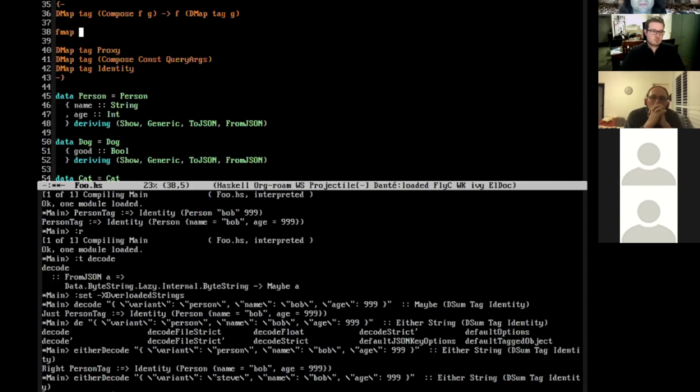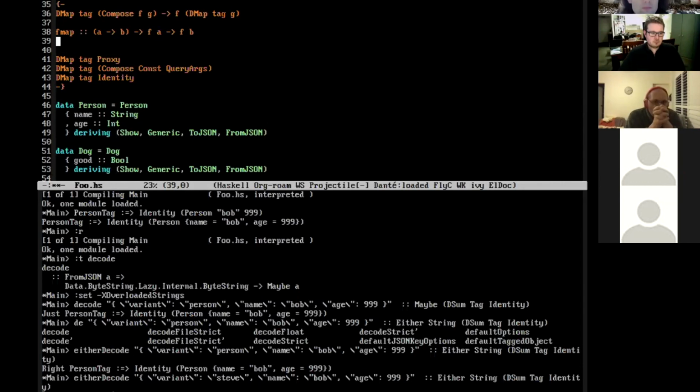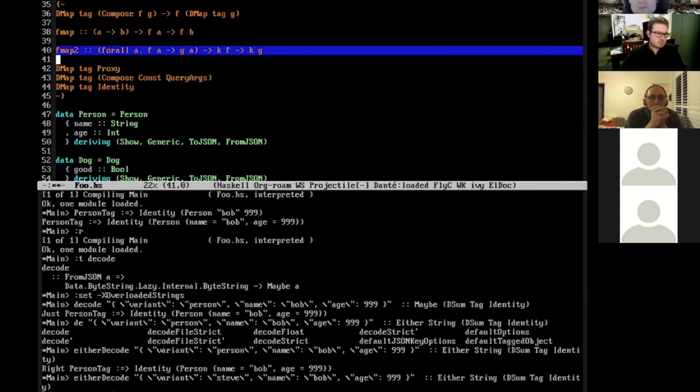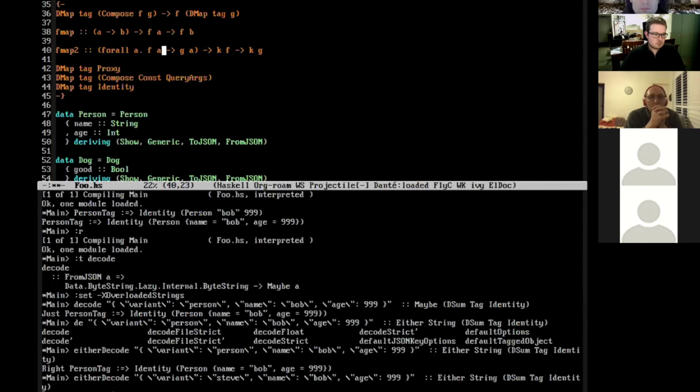Let's do fmap. fmap is A to B, F A to F B, and then rank 2 fmap is like for all A, F A to G A, then I can turn a K F into a K G. So this is like, I can map values, and this is like, I can hit my structure with a natural transformation, or something that we call a natural transformation in Haskell, but it's actually a bit stricter.